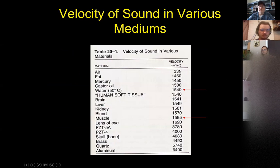In air, you can see the velocity of sound is about 331 meters per second. In soft tissue, sound travels about 1,540 meters per second, and it varies a little bit depending on what body structure it is. The more meaty, it will be a little bit faster. But in general, all of this is close enough, and we consider that the sound wave in all of soft tissue in the body is 1,540 meters per second,